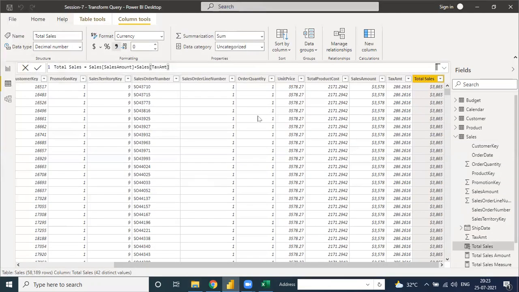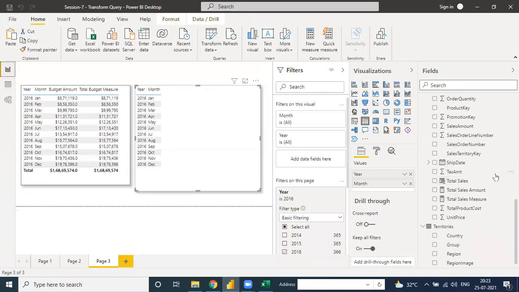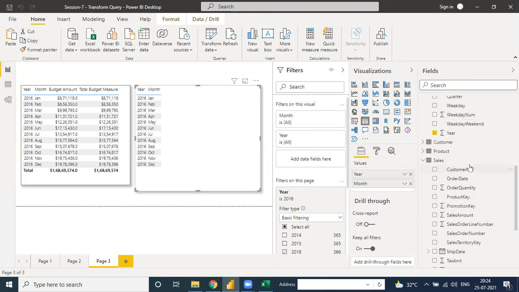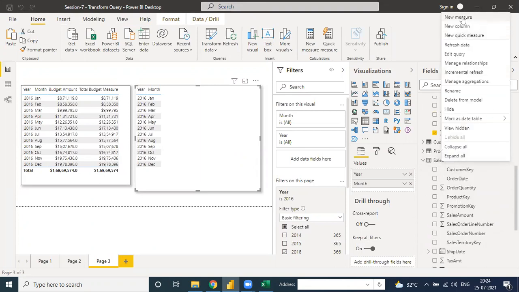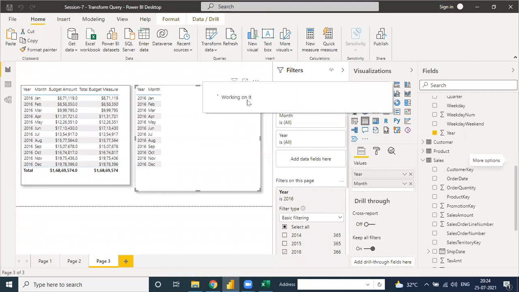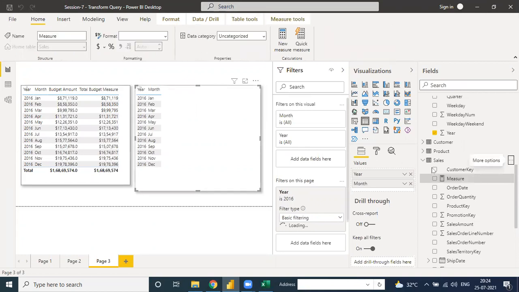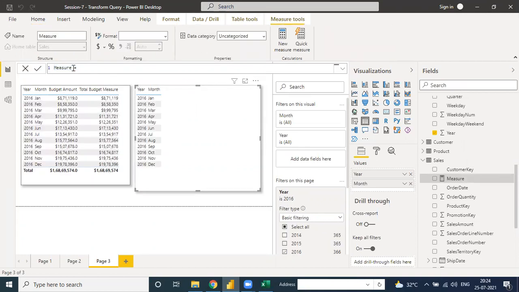How? See, go to the sales table directly, click, go to new measure, total sales. Put measure in brackets after it, because you can't use a duplicate name as it is already there.